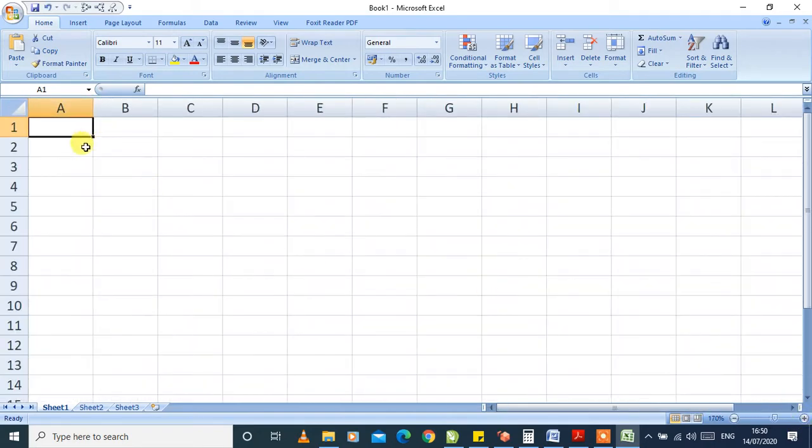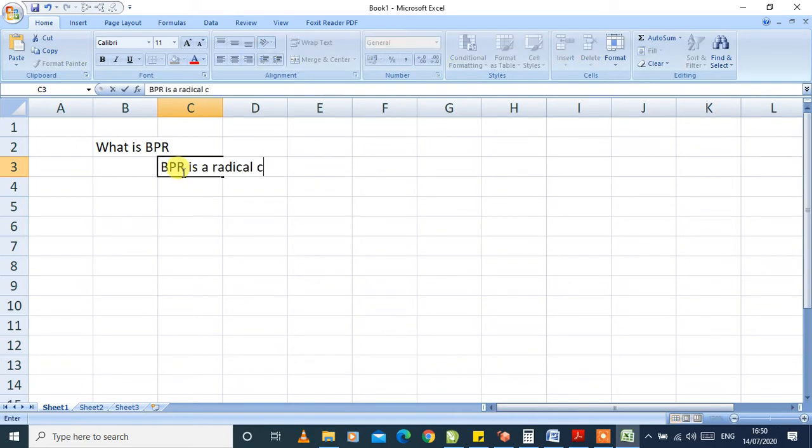So explain first paragraph. In the first paragraph you're going to say what is BPR. That's going to be the first paragraph. There what you're going to say is BPR is a radical change in business processes. I'm just giving a brief idea. You don't have to duplicate the same words. Something in a similar way: BPR is a radical change in business processes in order to